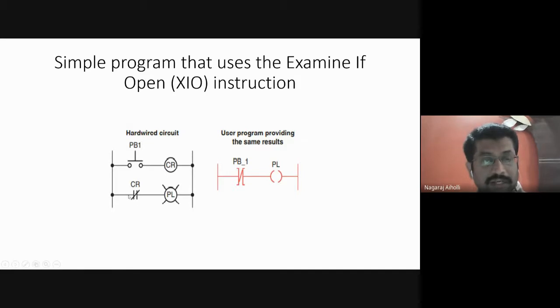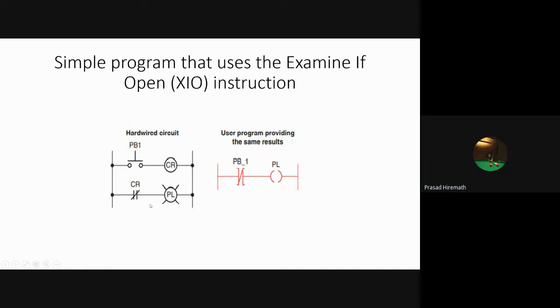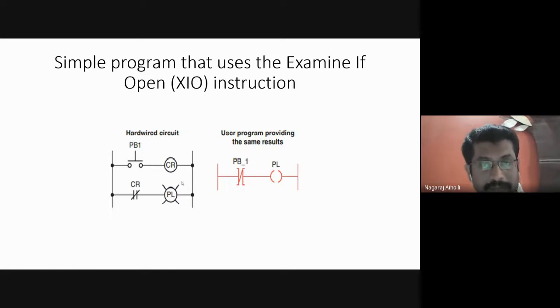That means the upward CR is connected to this downward CR after the pilot light. It's not directly connected, it is through the relay contact. We can assume it as if they are in series, but they are connected in a parallel branch only. But it is as good as maintaining a logical continuity.